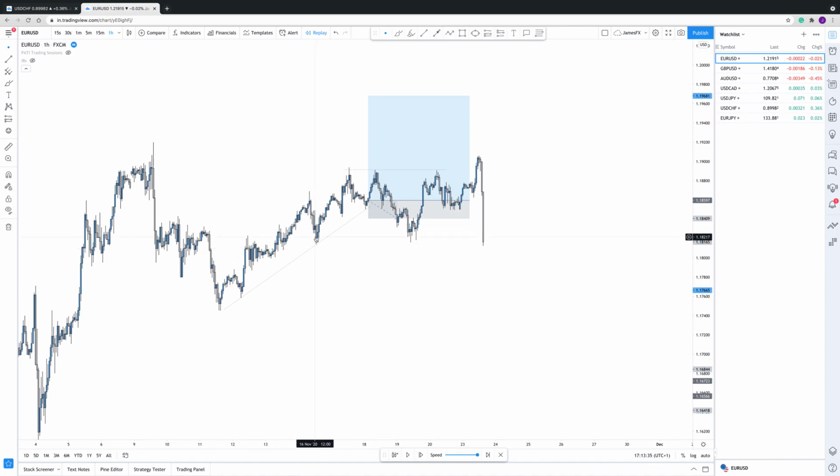So if we have buyers that got involved here, it's likely that, if they're holding their trade, they're going to be managing their trade at the lows, because as we know there is liquidity at every high and low in the market, which price tries to move to in order to get that liquidity needed. So this is what's happening here. So we push down, breaking these lows here. Price then comes back up, and